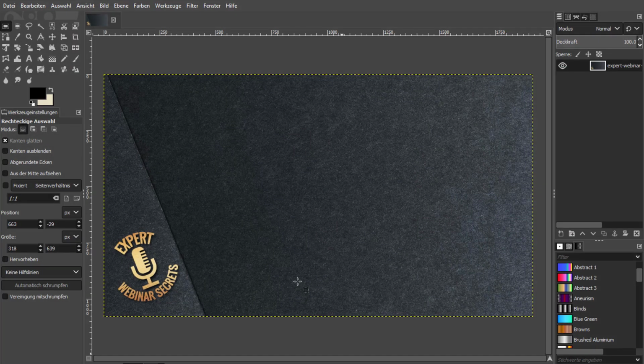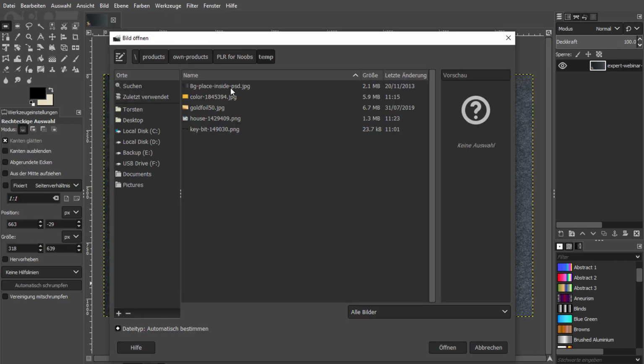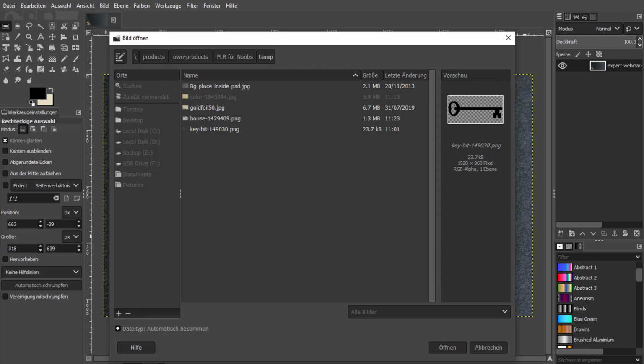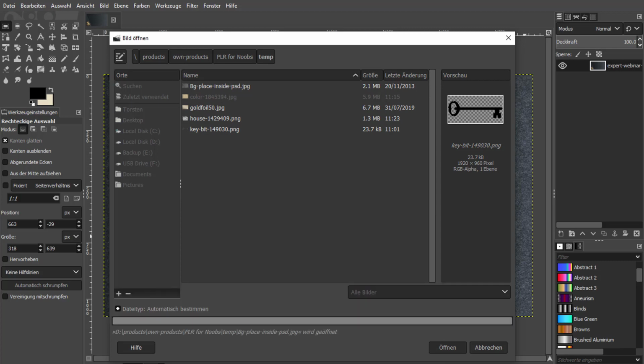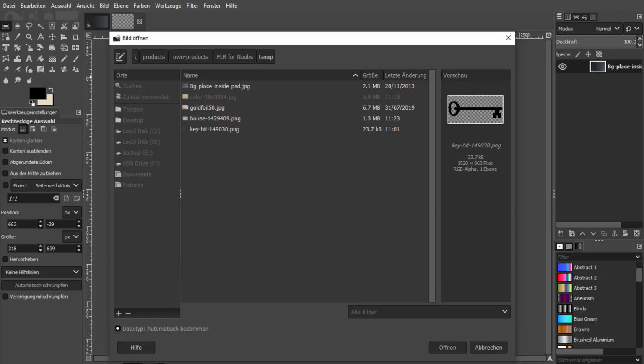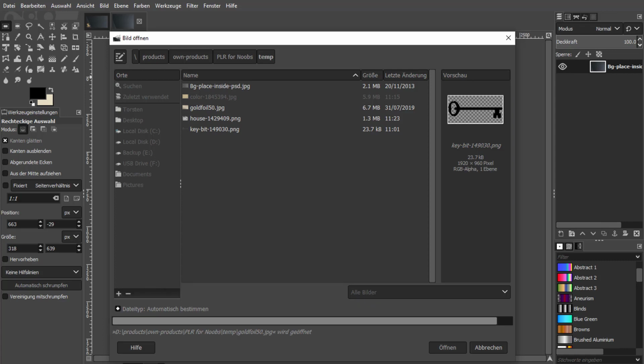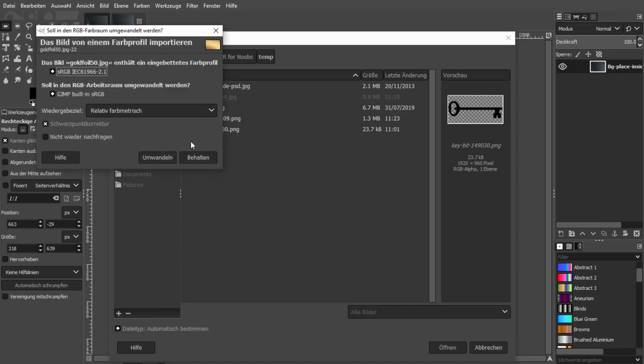Let me hop over here to GIMP, and I will simply open here some files that I already downloaded before. Now this is the plain background that I used, then some gold foil here, a house, a clip art of a house, and also a key. I simply open this, and when we look now at the time, it is now on my time here 9:11